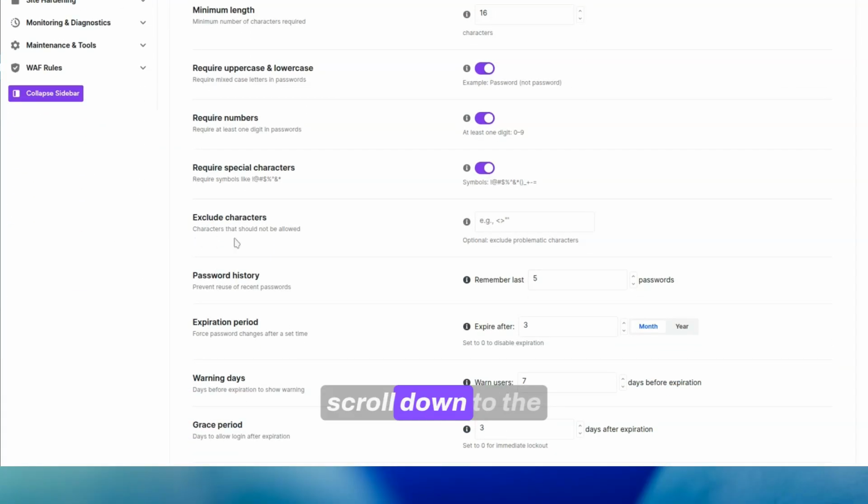Now, scroll down to the exclude characters field, and this is where you enter the symbols you want to restrict, such as semicolons, backslashes, or quotes. This ensures your users create high-entropy passwords that are still system-friendly, reducing the risk of login lockouts or site-wide technical